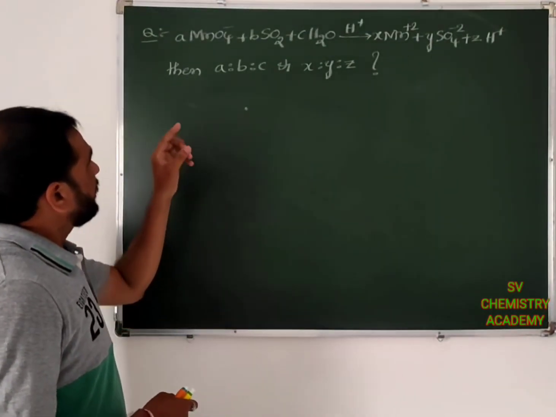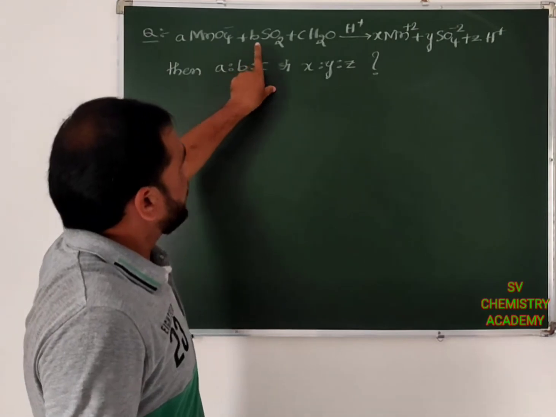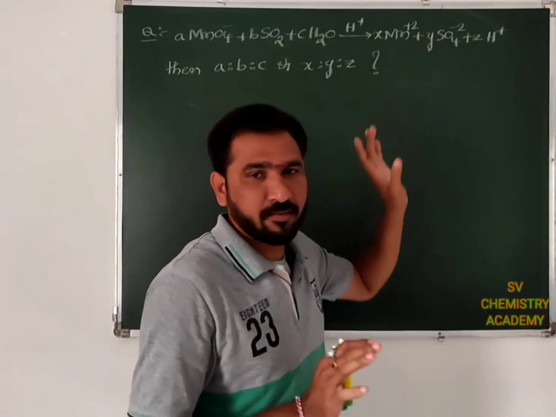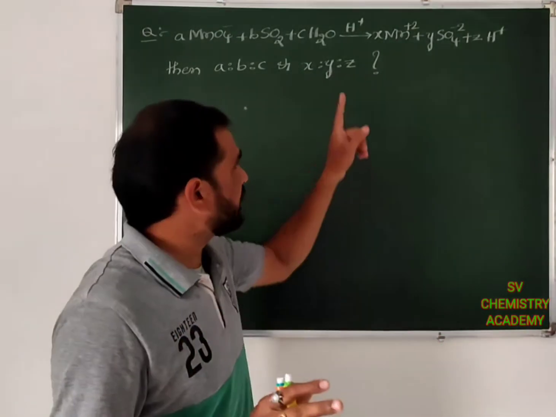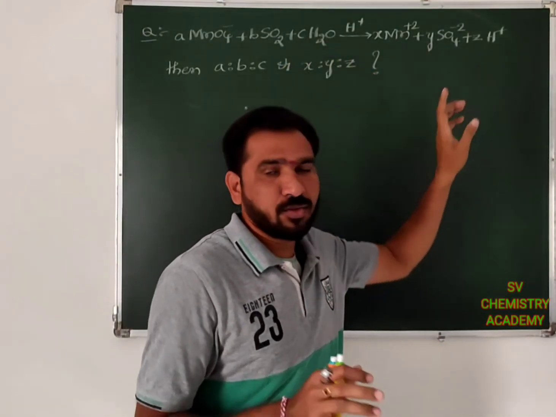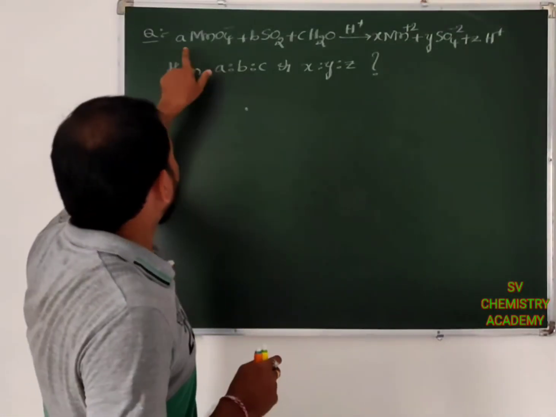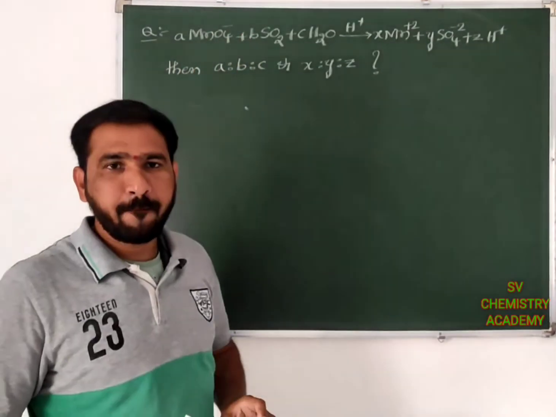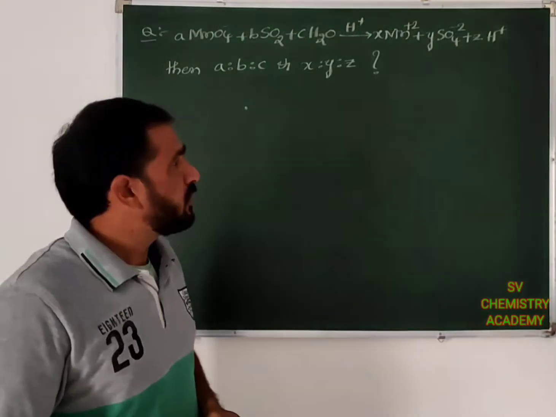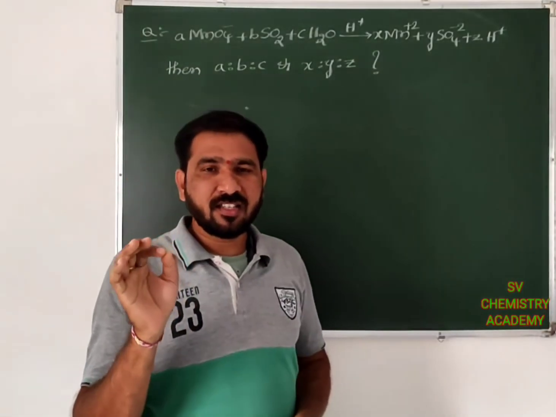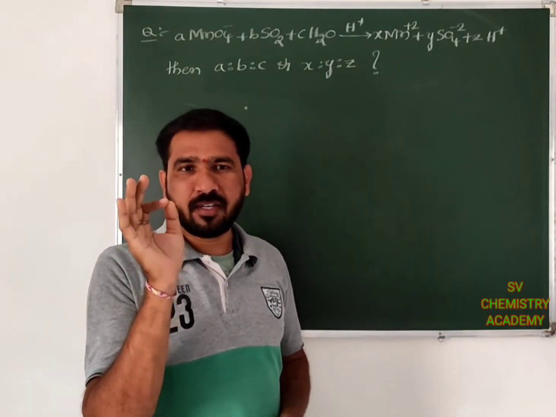So when we get A and B, if you gather them, then easily you will get X and Y. After getting X and Y, then C and Z also you will get. The first difficulty is gathering of A and B. How do we gather that? First of all, we should identify the individual oxidation states of the atoms present in